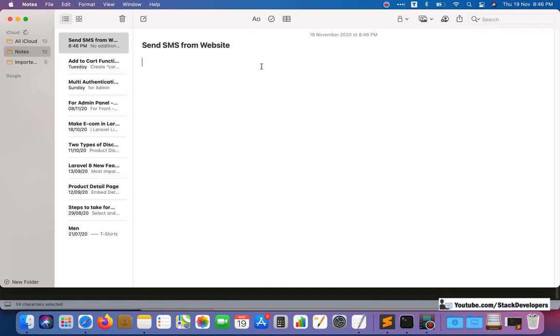The first thing we require is an SMS API package. You need to register with any SMS website, a website that provides an SMS API package. You need to buy this package, and when you buy, you will get the API key.